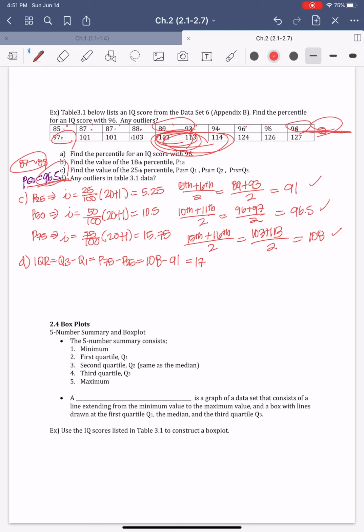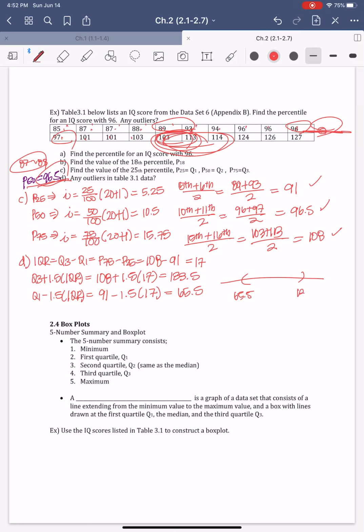Now, let's look at the Q3 plus 1.5 IQR value, and then the Q1 minus 1.5 IQR value. Q3, which is 108, plus 1.5 times 17. I'm getting 133.5. 91 minus 1.5 times 17 is 65.5. So I'm looking at this: there's a 65.5 and then 133.5. Anything above 133.5, anything below